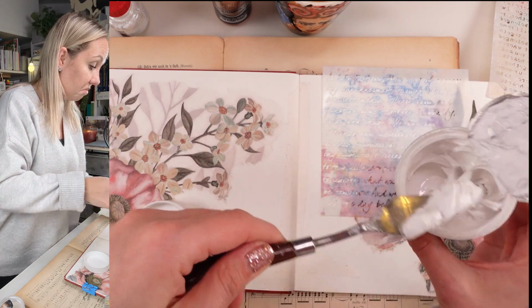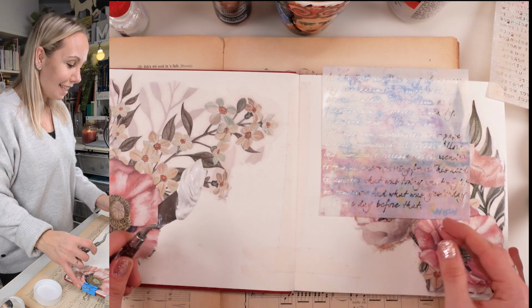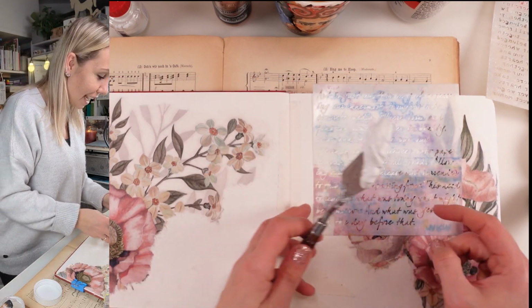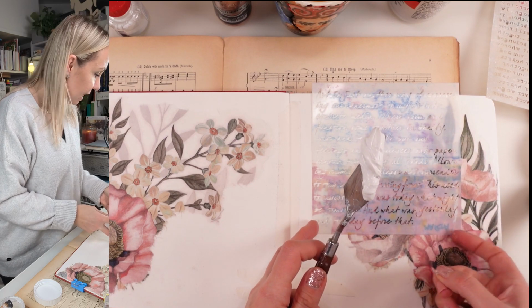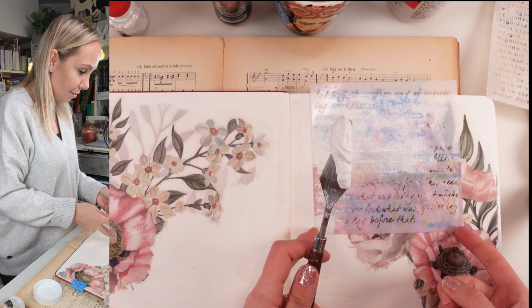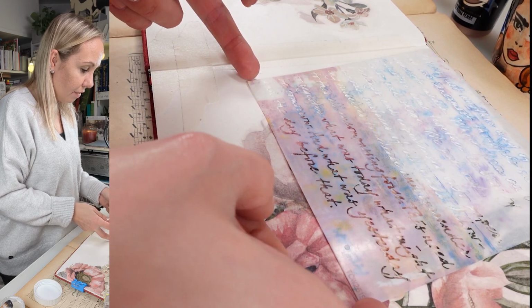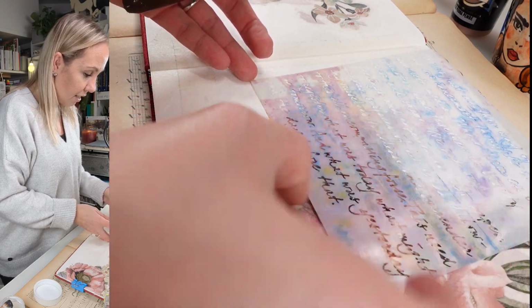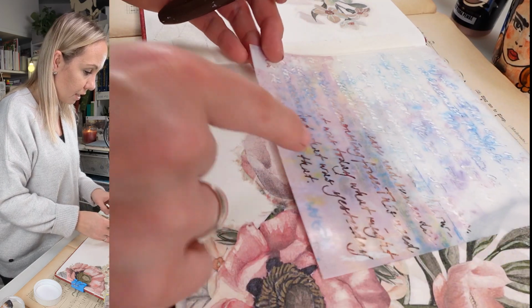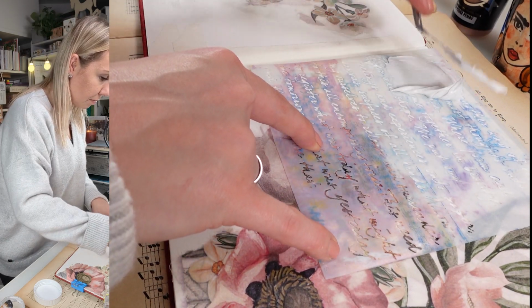stencil. I feel like a newbie because I haven't done stenciling and texture paste in years, and I'm not really exaggerating. I really haven't used it for ages, like forever. And this stencil, if you're wondering, I think it's from Crafter's Workshop. Yes, it is. I think so. Okay, now